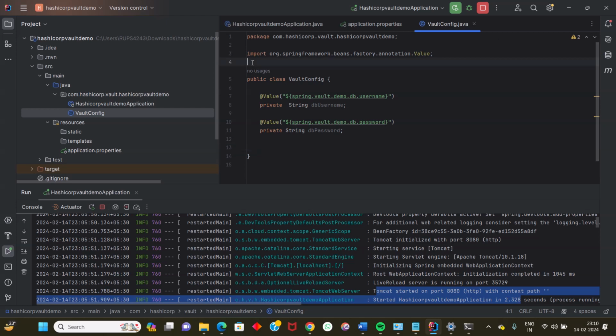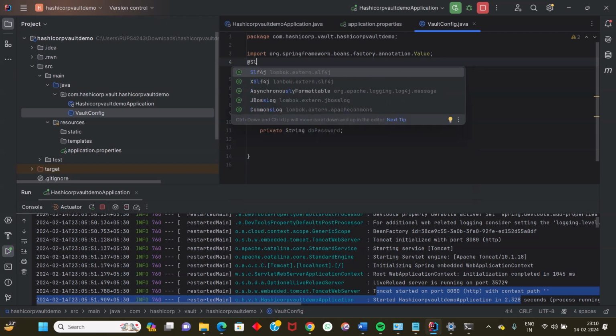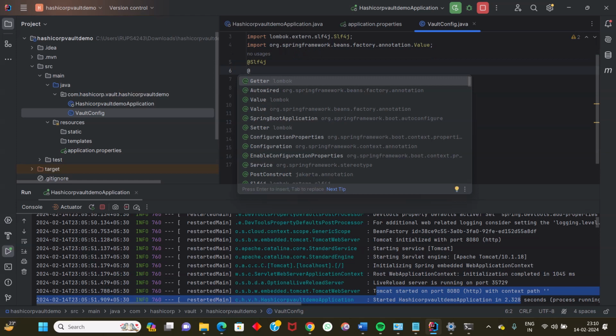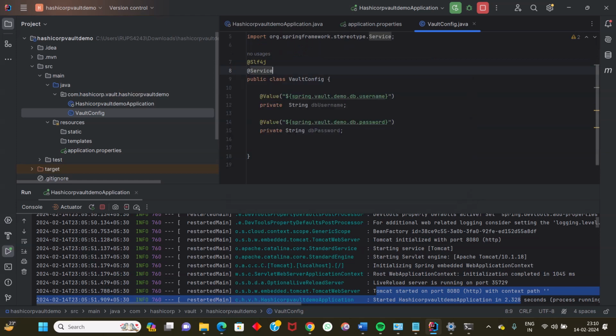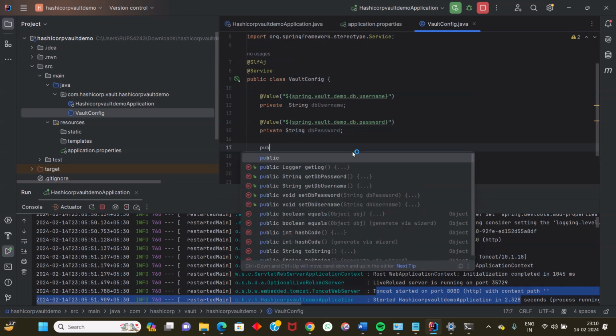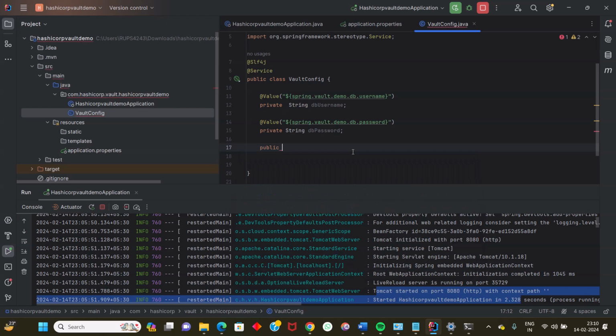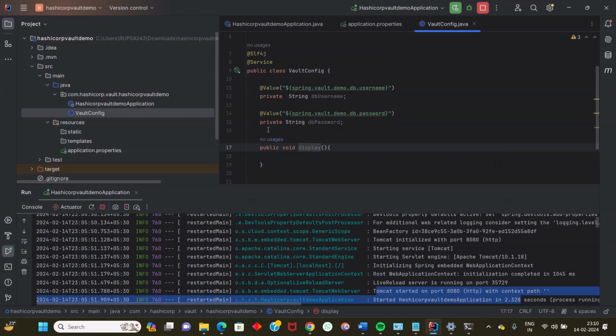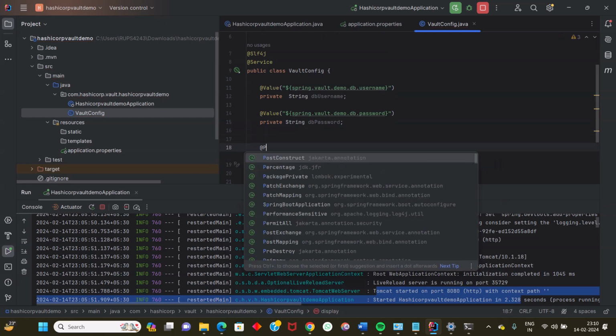So for that, we need to enable the Lombok dependency so that we can have logs, and just write a method like public display, and annotate that with